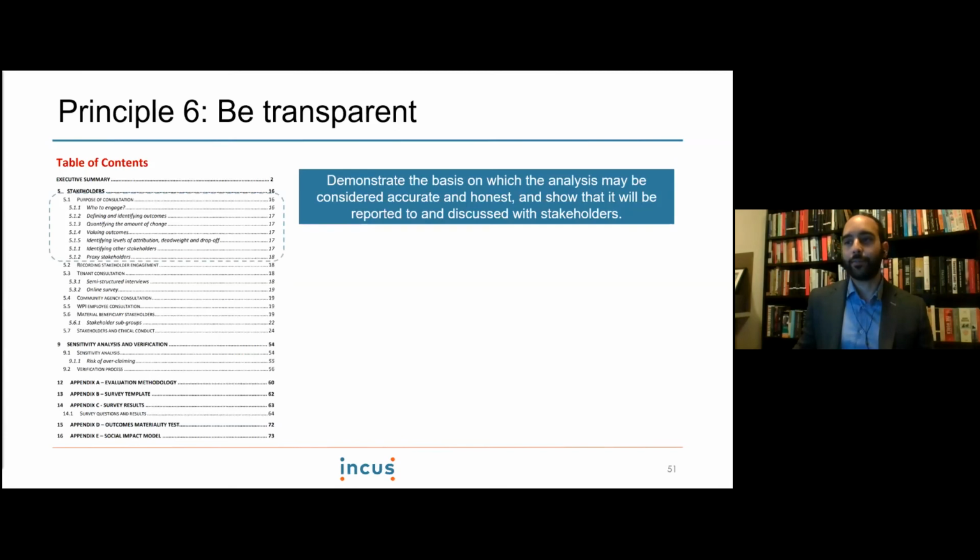So I've just pulled out a table of contents that I think is a good example, which talks about the consultation, because that's the critical, key part of this, consulting your stakeholders, principle 1. A good report will say who you consulted, why you did it, and in what ways. Down the bottom there, it also might identify the verification process. So how did you actually review and check and test your judgments and your decision making? It might include the materiality test that you applied, and it'll include the actual model or the values that you used.